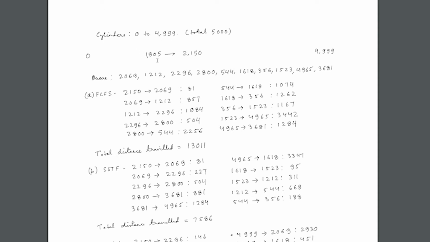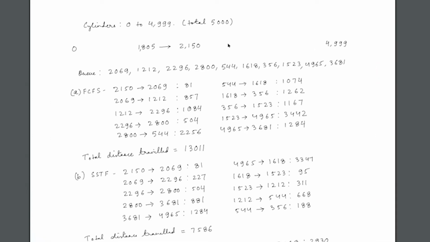So what this tells us is that the disk heads are currently moving from left to right. This can be important for algorithms like look and scan, because if the disk head is moving in a certain direction, it will keep moving till a certain point and then reverse its direction. So that is the reason why this bit of information is important.